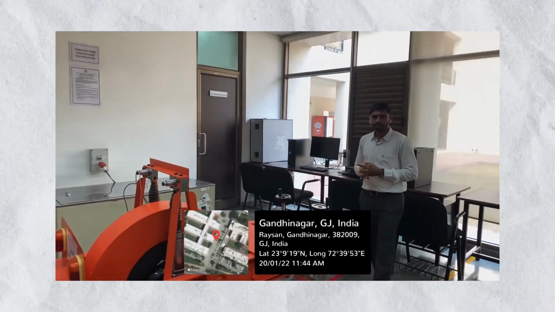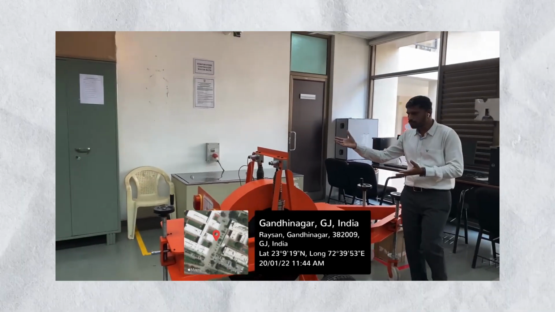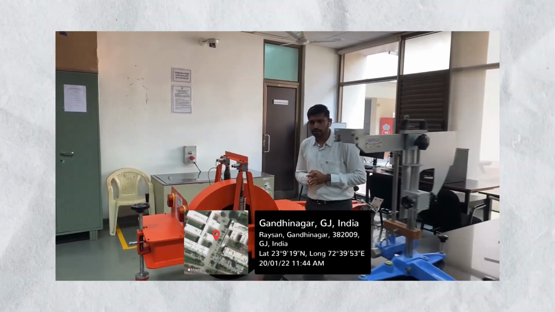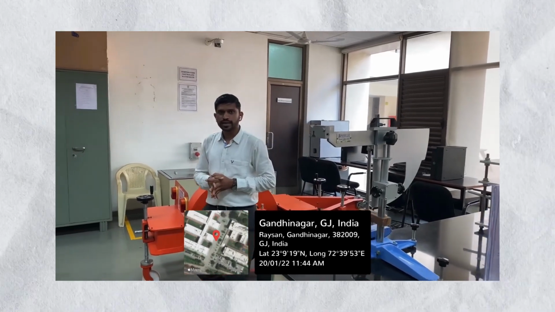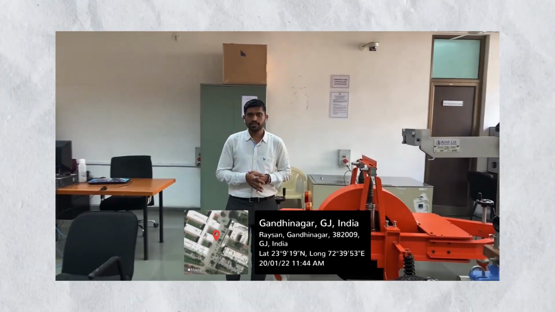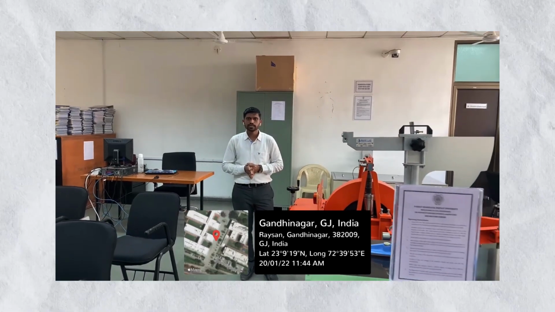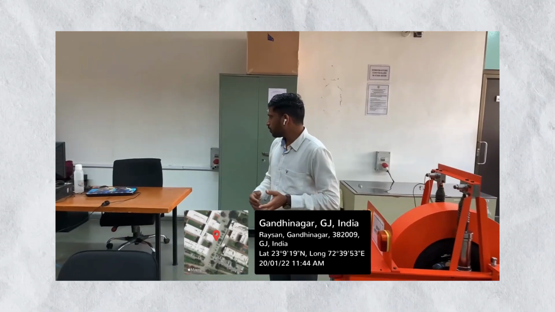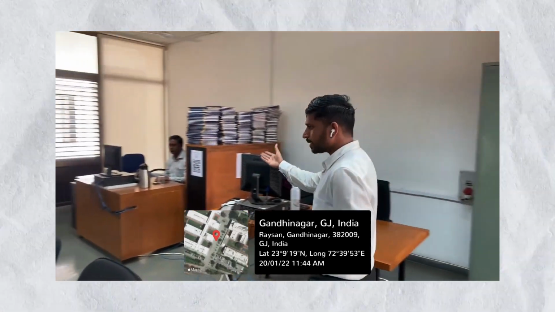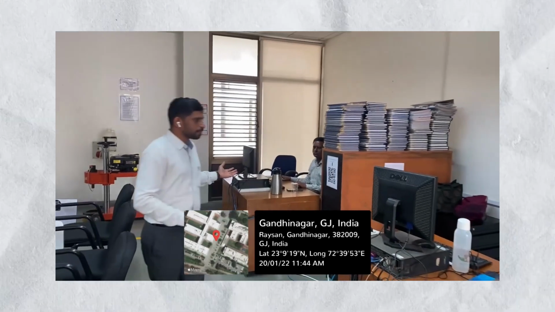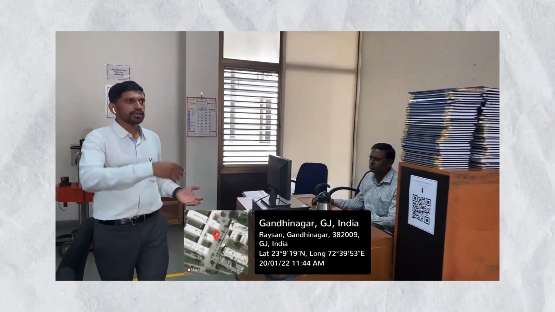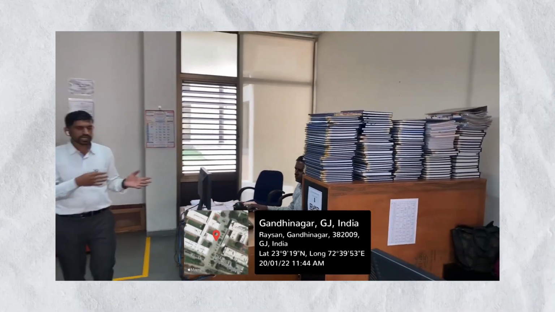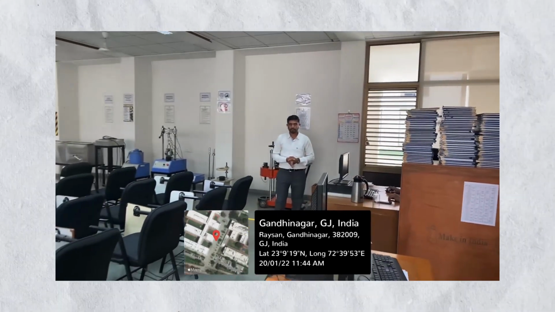In addition to this, we do have advanced equipment such as this 5th wheel bump integrator and skid resistance tester. These are used for research purposes for master students and also in the UG projects lab as well. Final year UG students who are conducting university projects can make use of these facilities. Now I would like to show this place dedicated for laboratory staff for their seating arrangement and storing the laboratory manuals and project reports, and also all the relevant documents related to this particular lab.